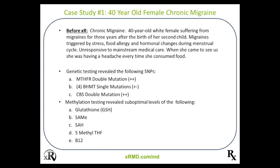So what we did is we proceeded with genetic testing, which allowed us to identify single nucleotide polymorphisms in her methylation pathways. And what we discovered was that she had a double mutation with the methyl tetrahydrofolate reductase gene. She had 4 single mutations, and there are 4 genes that code for betaine homocysteine methyltransferase. She had 4 single mutations in that enzyme pathway. And then the CBS polymorphism, she had a double mutation again,